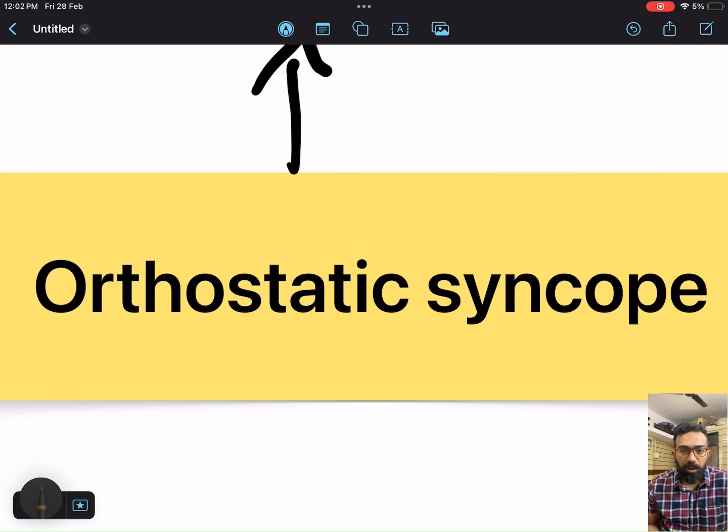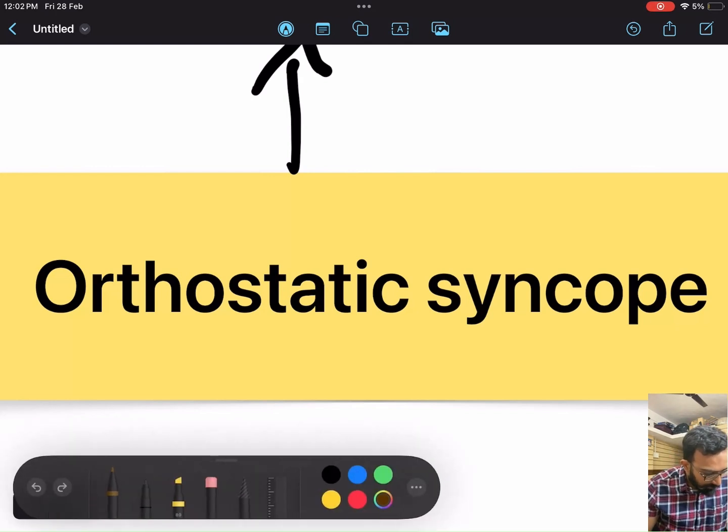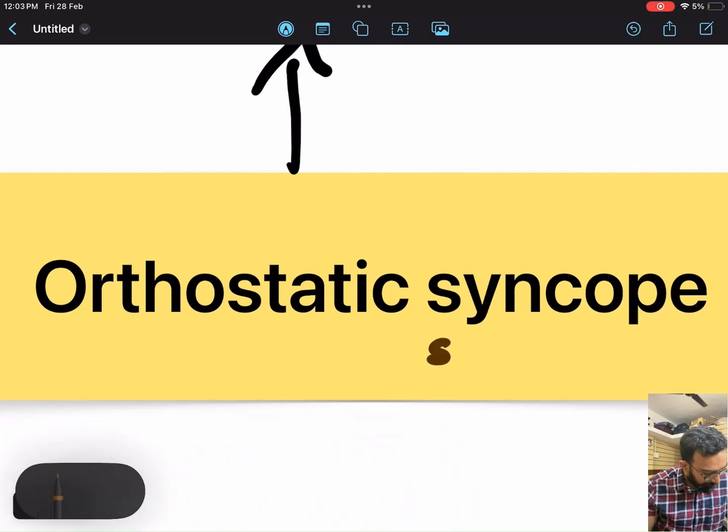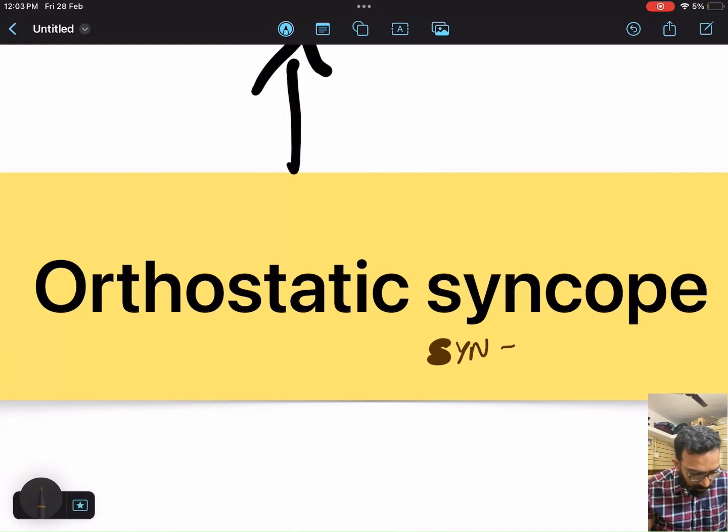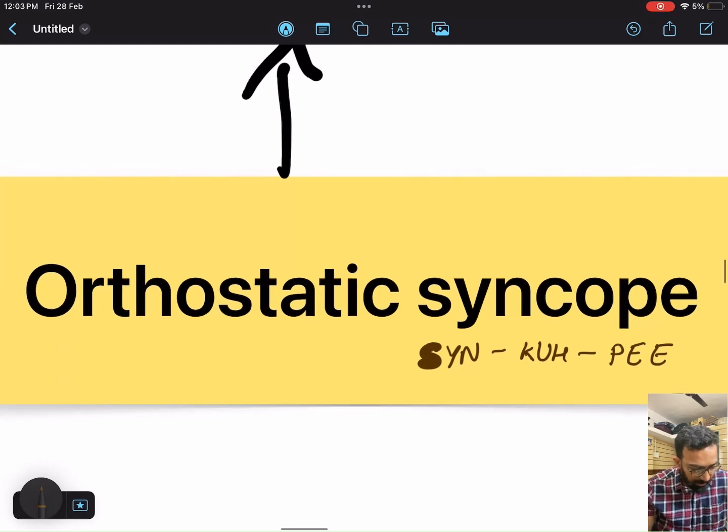Today we'll be talking about a concept which is orthostatic syncope. Now, a mistake which I have also made, and I think many Indian students make, is that they pronounce it incorrectly, but the real pronunciation of it is different. Okay, now that we have discussed the pronunciation of syncope,